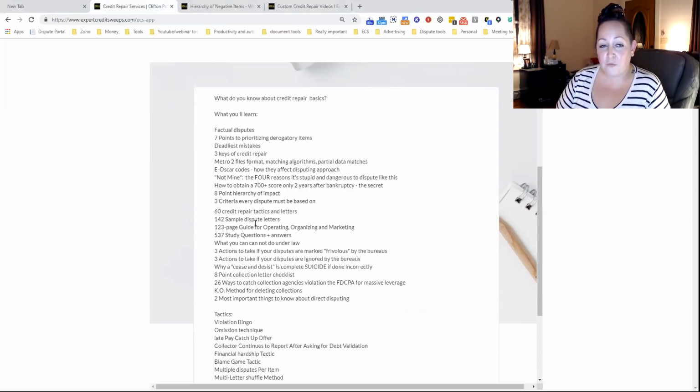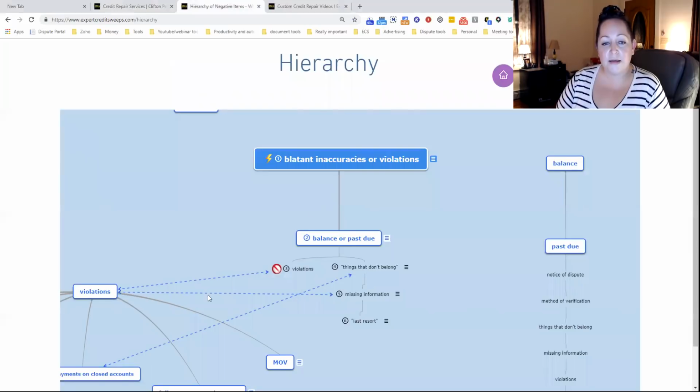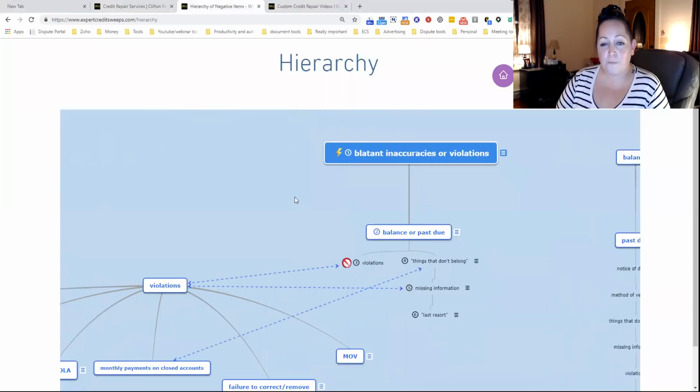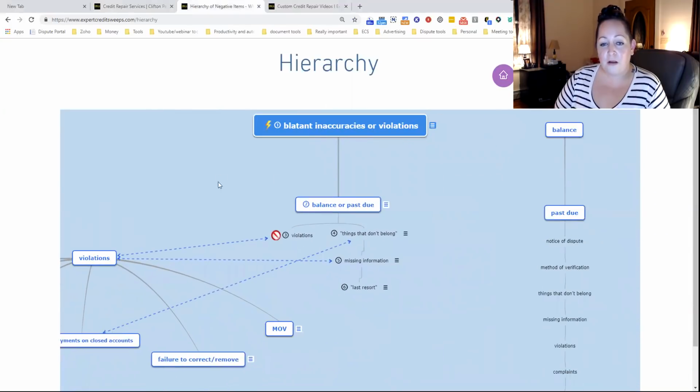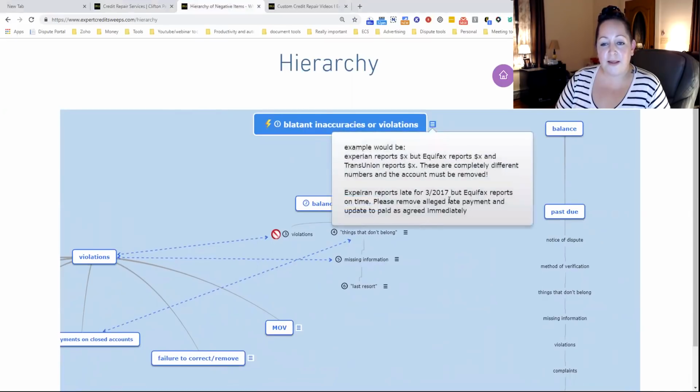Metro 2 file format, EOSCR codes and how they affect disputing approach, not mine, the 4 reasons a stupid and dangerous dispute like this, how to obtain a 700 plus score only 2 years after bankruptcy, the secret, 8-point hierarchy of impact. And remember when we went over the hierarchy, that looked like this. This is the hierarchy to disputing, what comes first, right? If you remember this from that video, it's stuff like blatant inaccuracies or violations, and you can click here and it'll show you